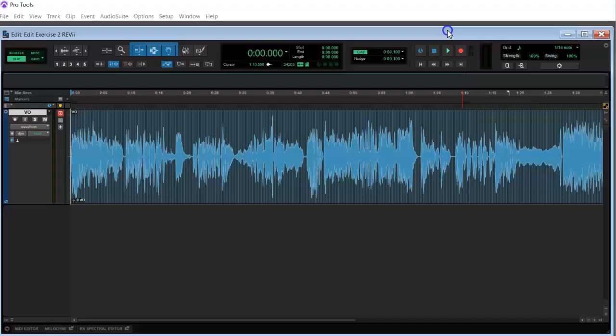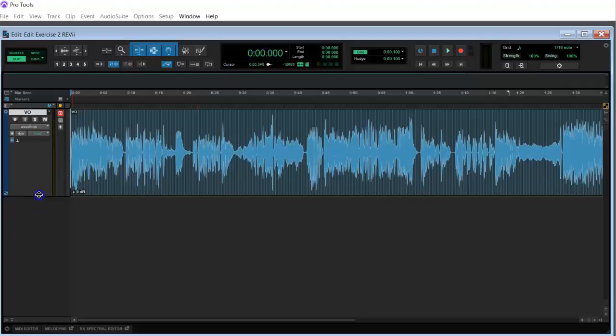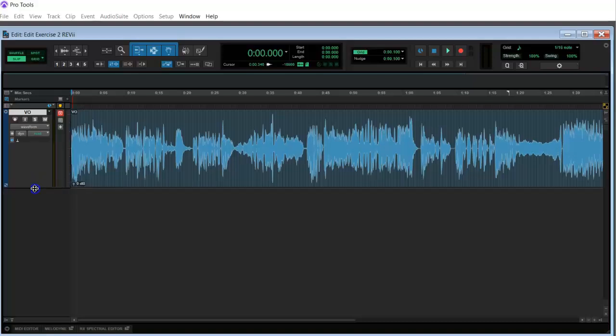Now on the PDF file that you're looking at, it will tell you that there is a script, and again, it's going to have bracketed numbers. And anytime you see that bracket, it means that there is some sort of problem that needs to be dealt with. Now, I am going to be in slip mode, although I will change in and out of slip and shuffle. Notice this track is called VO, that's for voiceover. And then I'm looking here at my minutes and seconds. I've also slightly zoomed in. You can always make the tracks larger or smaller by clicking and dragging. And then here at the top, I'm looking at 5-second increments.